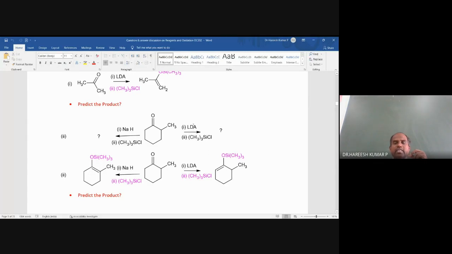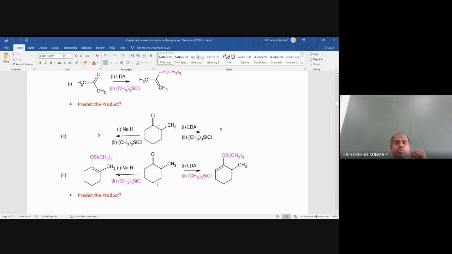And LDA, it's a strong base, but what will it do? It will capture an enolic proton, the methylene proton, whereas this proton is called the methine proton. The methine proton is captured by sodium hydride, whereas the methylene proton is captured by LDA. So that means here there is a double bond, and this bond pair reacts with this silyl compound, forming the kinetically favored enolate. This product is formed through the kinetically favored enolate. This product is formed through the thermodynamically favored